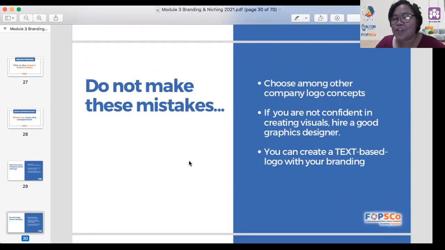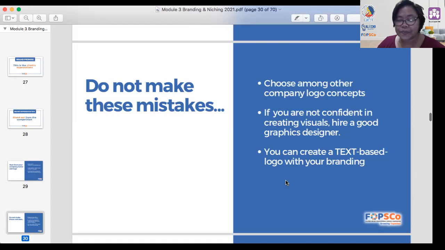Okay, choose among other company logo concepts. So huwag kang manggaya, gaya-gaya, putumaya. Okay, you should have a unique logo. Okay. If you're not confident in creating visuals, then hire a good graphics designer. Let's admit it, hindi natin specialize lahat, no? Don't do it yourself all the time. You can hire someone who specializes on this